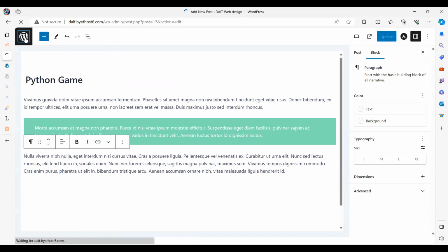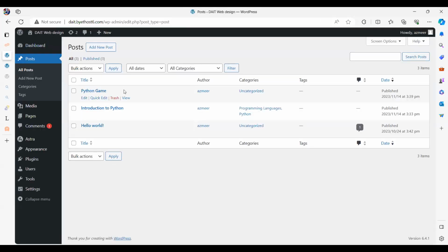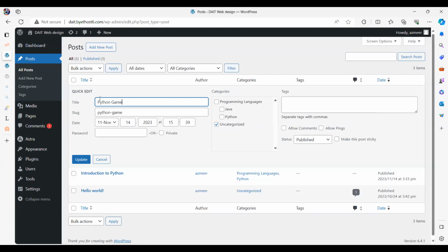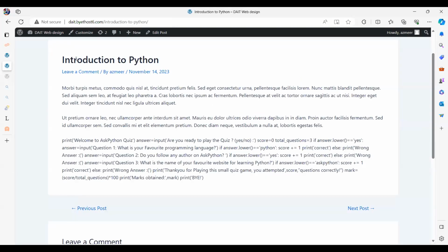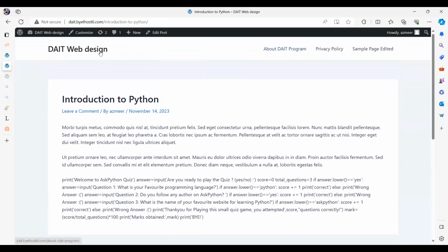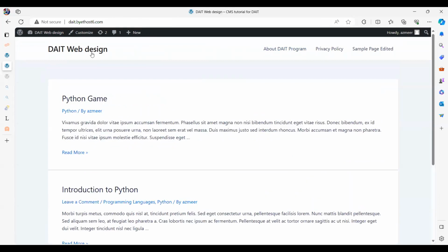So let me go back to the management console. Oh, I realize I did not put any category because it is uncategorized. So let me do a quick edit now. So full edit and quick edit. Now, quick edit allows you to do, for example, category. So when I say Python, I can untick the uncategorized, and I just update it because that's all I want to do. And now if I go to my home, right? So there it says Python.